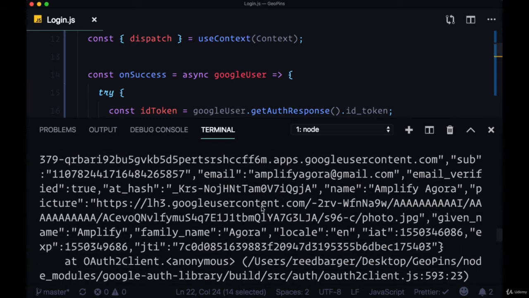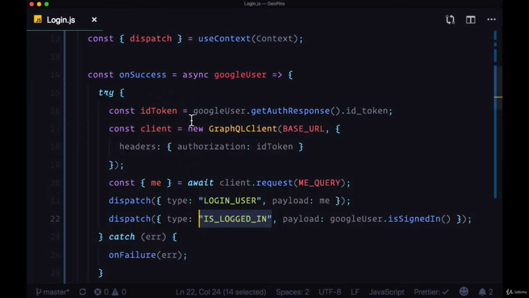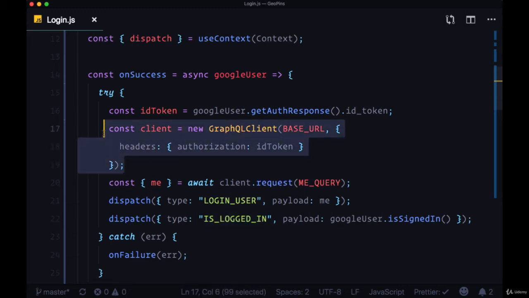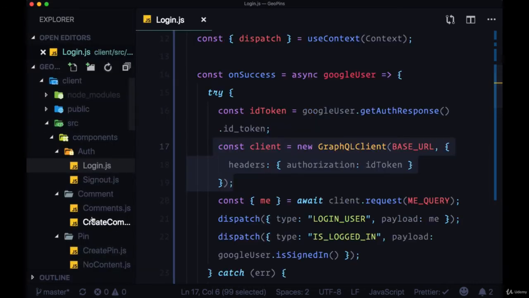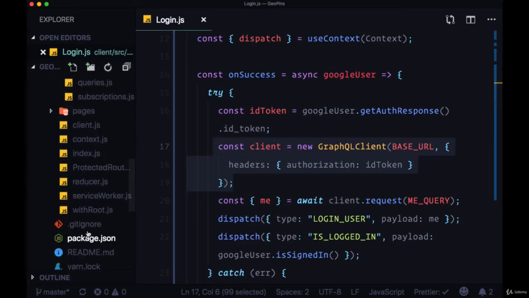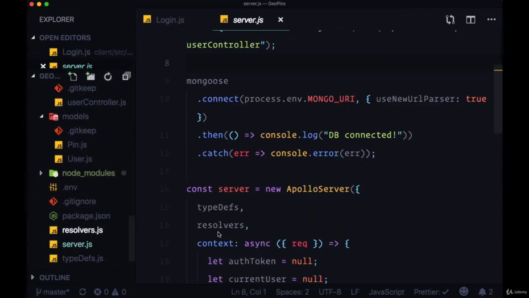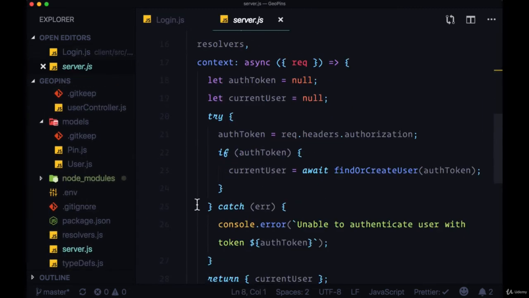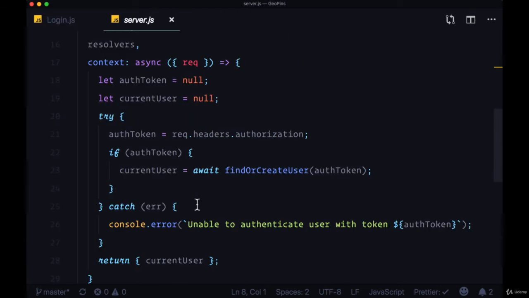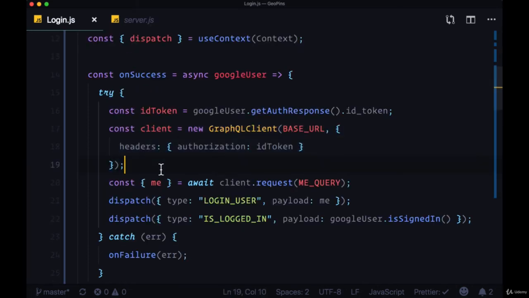But the error that's going to result from this is that our login component is going to keep trying to log in our user. So it'll make a request to our backend, continuously sending off that ID token, and then all the way back in our server file, context is going to intercept that, and it's just going to keep returning an error message. So in order to prevent this from happening, in order to kick our user out of